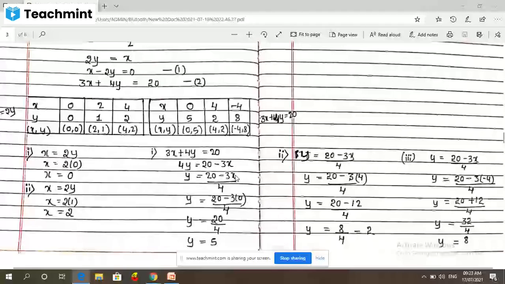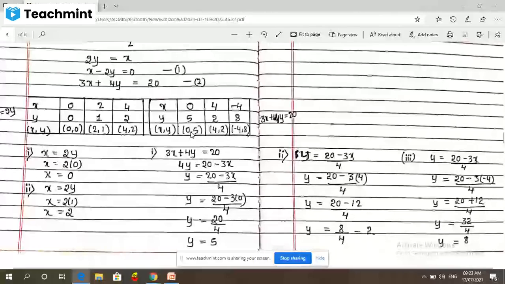So we get the numerator that is divided by 4. Actually, we have to see. Now, first value x is equal to 0 we can choose. Y is equal to 20 minus 3 into, in place of x, let us take 0, that is divided by 4. Then 20 minus 3 into 0 is 0 only. 20 minus 0 is 20. So then 20 divided by 4. So you can observe y is equal to 5. So first pair of point is 0, 5.